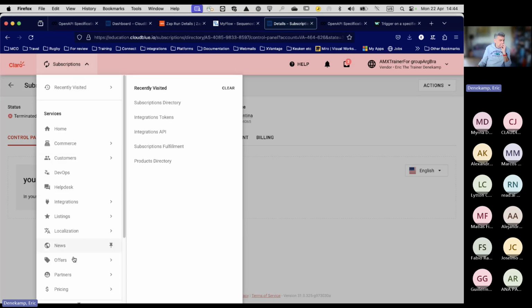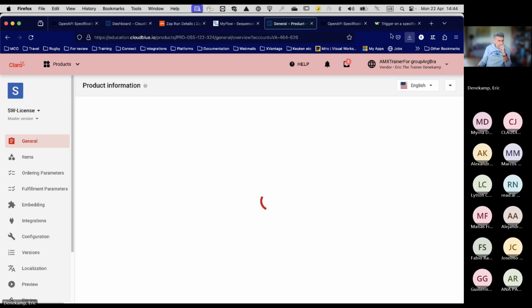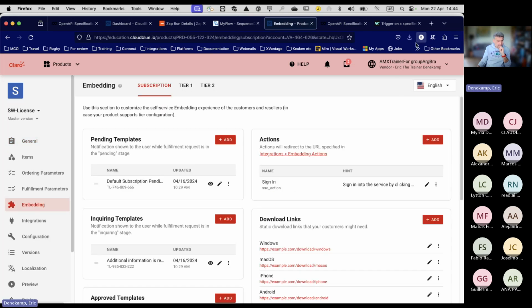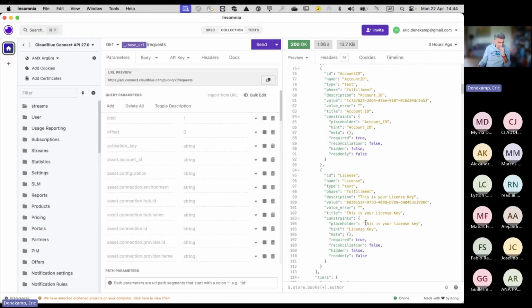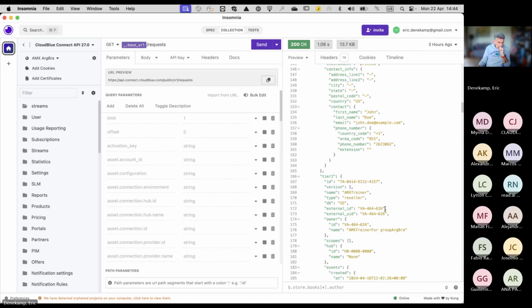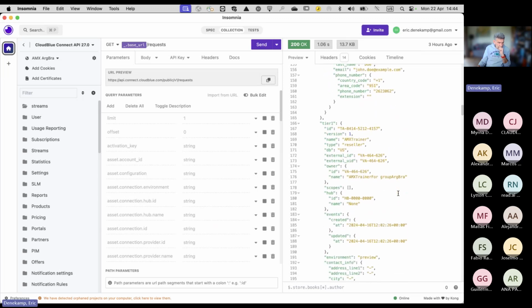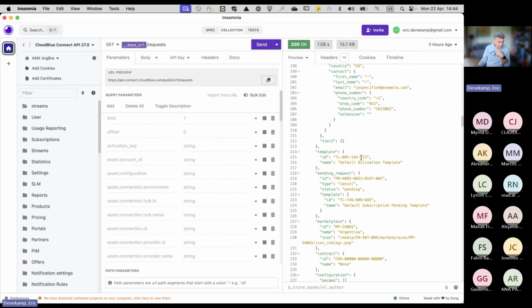If I go to my product, and go to embedding, going back to our Insomnia one. Where is it? Where's my template? Template ID, parent, tier 1. Here we are. The template that is showing in the request is this number, which is